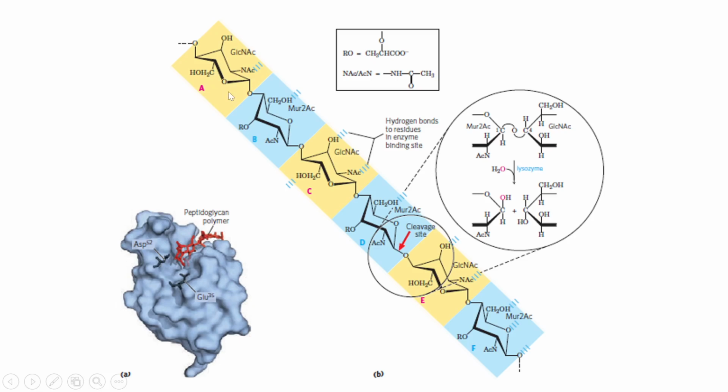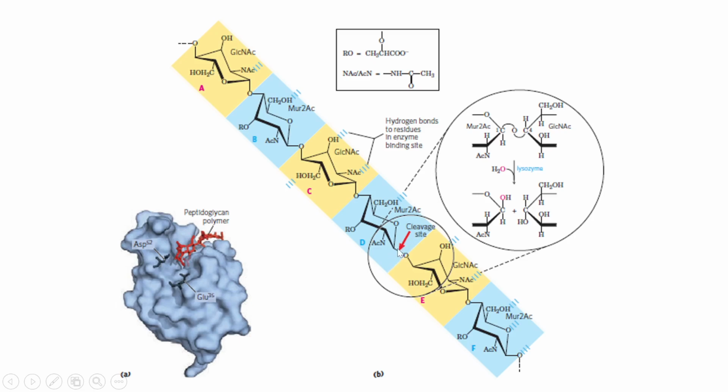Here you can see 1, 2, 3, 4, 5, 6, labeled as A, B, C, D, E and F. So NAG, NAM, NAG, NAM, NAG and NAM. Once these 6 units fit in the catalytic pocket, the cleavage always occurs after the 4th residue. So A, B, C, D, the cleavage will happen between D and E residue